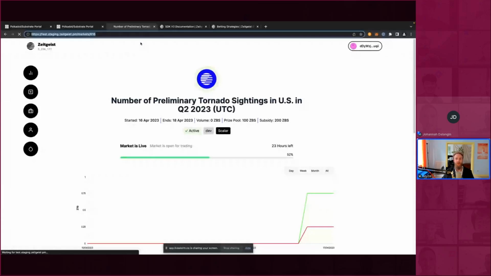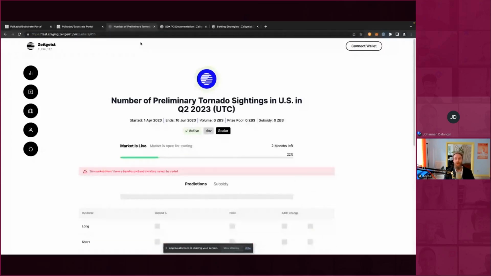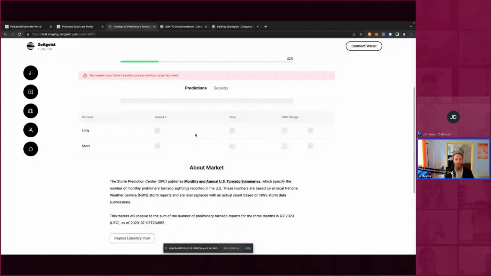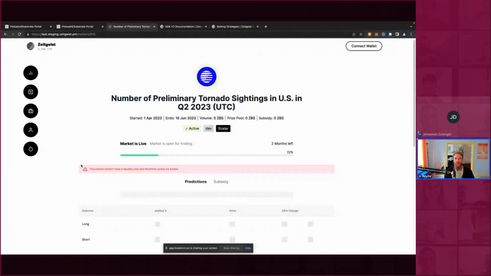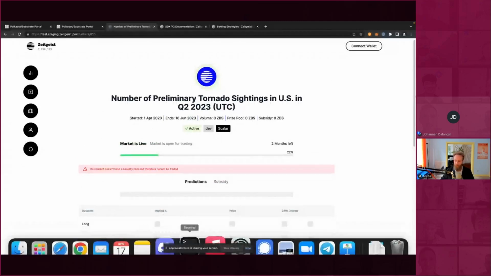Totally ruined the surprise here. But there we go. There it is. And in all its glory, you can see here this slightly unwieldy blob of HTML is now printing beautifully. Only problem is the market doesn't have a liquidity pool, so let's fix that right away. And I'm going to go a little bit over time to do this.